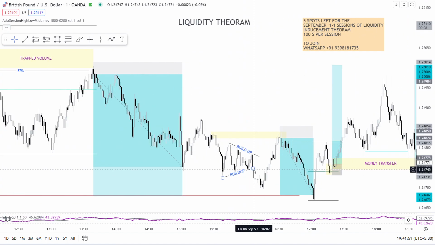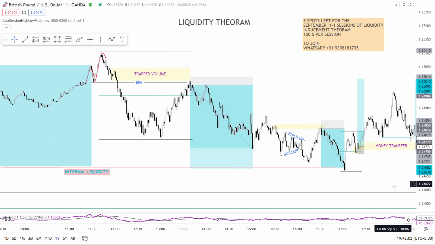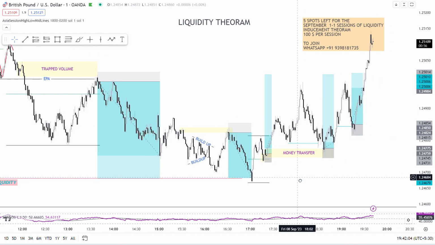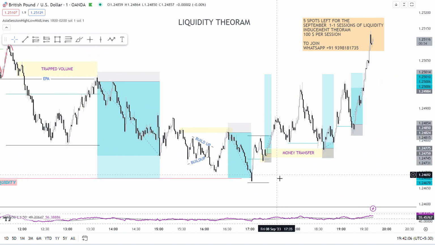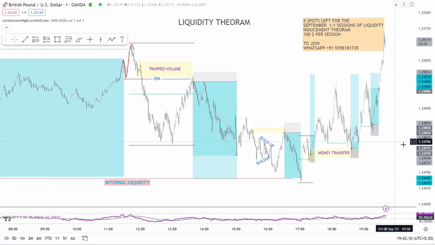See, this is the build-up that was engineered by the market maker, and this is the money transfer order block, a clean order block. And I just sold at the order block with a small stop loss and targeted the next liquidity point. Understand? This strategy is a very simple and effective strategy. If you understand the hidden layers of the smart money,